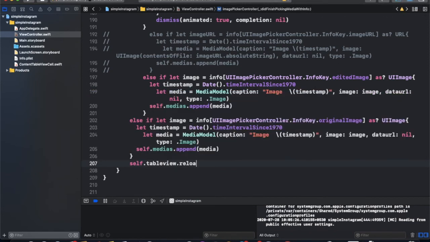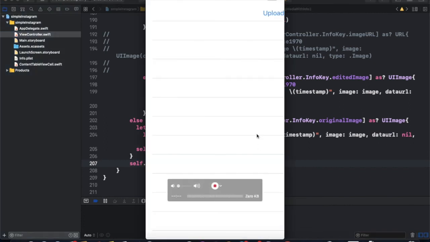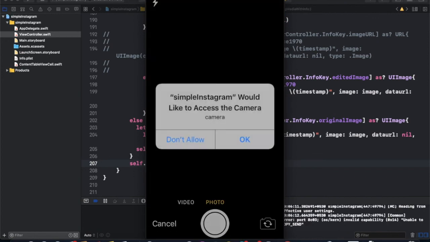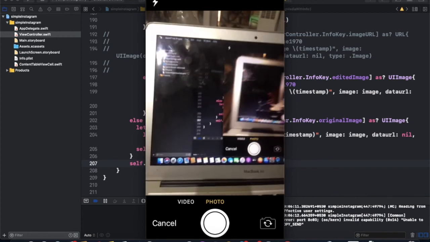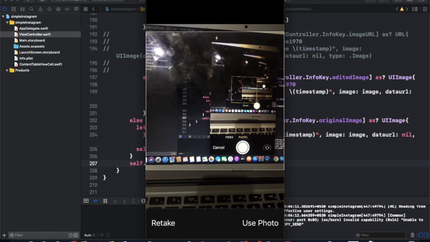Reload data. Now we click on upload camera, view permission. If you want to use photo, you can just click on photo, use photo.